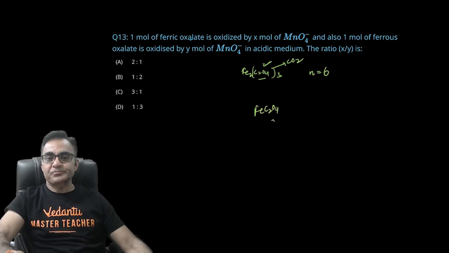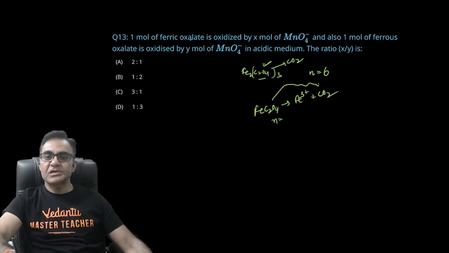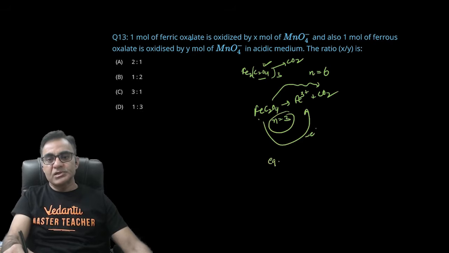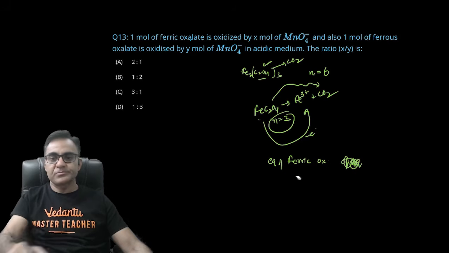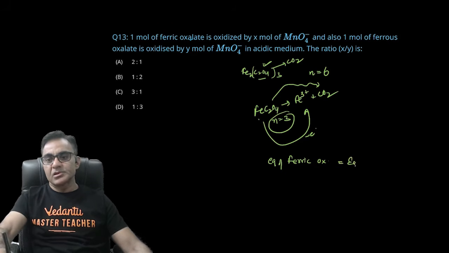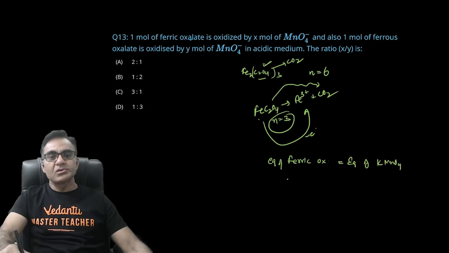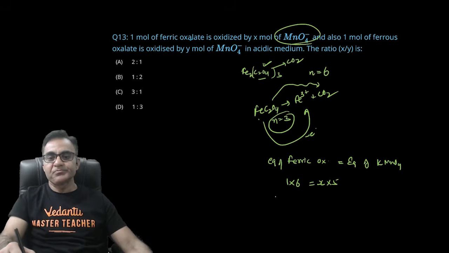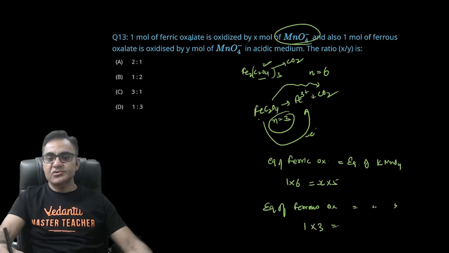ऐसे FeC2O4 का n-factor, क्योंकि यहाँ पे जब ऑक्सीडेशन करोगे तो आयरन 2 से 3 में जाएगा, प्लस ऑक्सलेट CO2 में जाएगा तो 2 इलेक्ट्रॉन यहां से चेंज होगा, 1 इलेक्ट्रॉन यहां से, n-factor इसका 3 हो जाएगा। राइट, तो अब मैं लिख सकता हूं कि इक्वलेंस ऑफ फेरिक ऑक्सलेट इज इक्वल टू इक्वलेंस ऑफ केमिनोफोर या MnO4 माइनस। तो मोल है 1, n-factor है 6, मस्ट बी इक्वल टू x इंटू 5। MnO4 माइनस का n-factor 5 होता है एसिडिक मीडियम में। सिमिलरली आई कैन राइट इक्वलेंस ऑफ फेरस ऑक्सलेट इज इक्वल टू इक्वलेंस ऑफ केमिनोफोर। फेरस ऑक्सलेट के मोल है 1, n-factor है 3 इज इक्वल टू y इंटू 5।